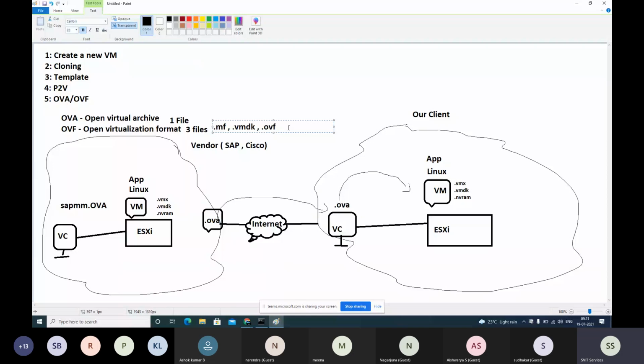So if you export a virtual machine into OVF, it will be three files. If you export into OVA, one single file. OVA will work with only VMware technologies, that means from vCenter to vCenter only you can deploy. But OVF you can deploy in other virtualization formats also.